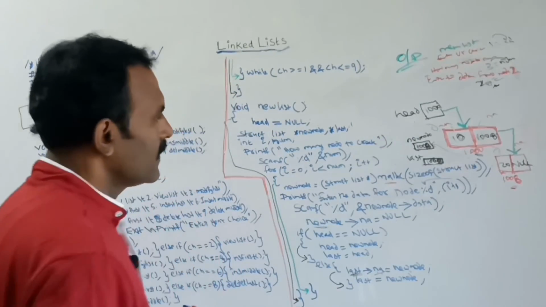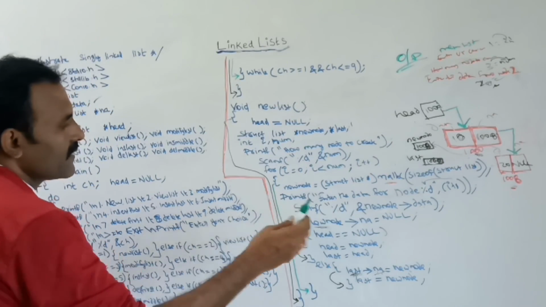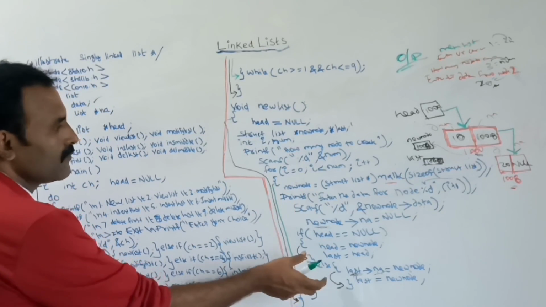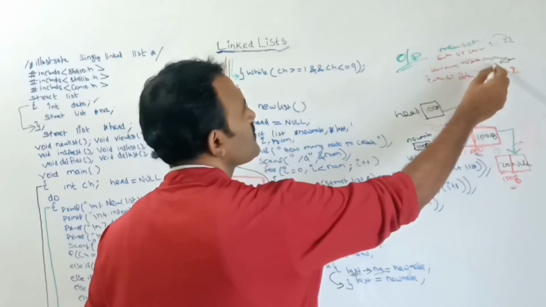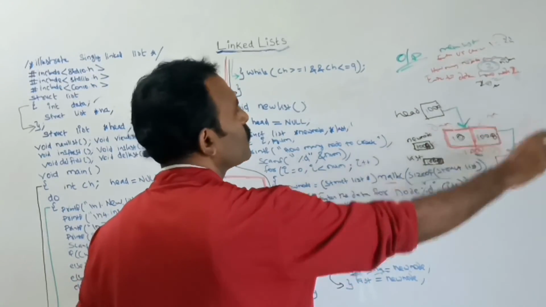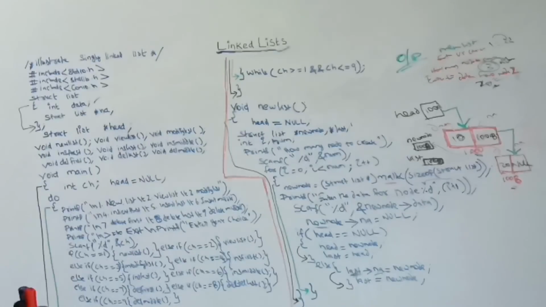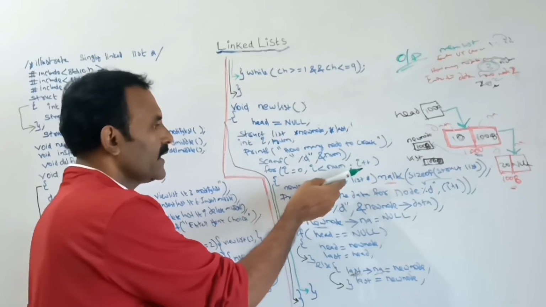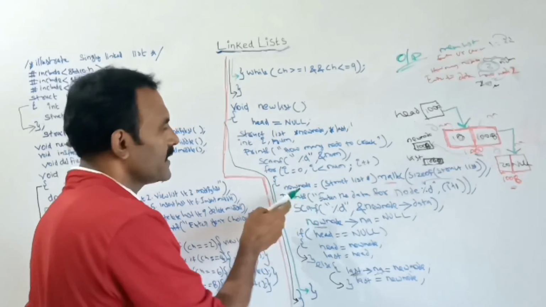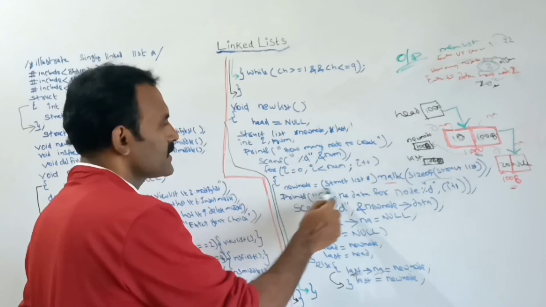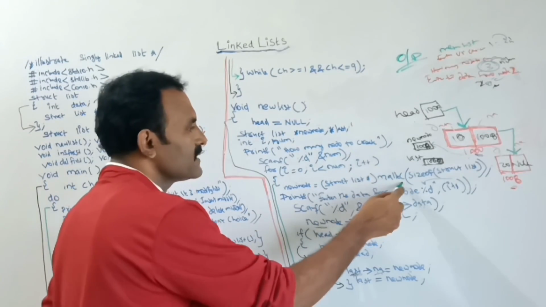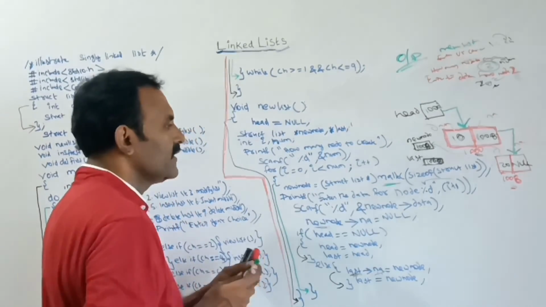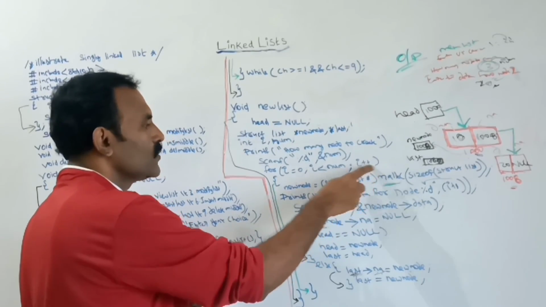Next, let us see, here the loop had not completed. Up to this we have created 2 nodes among these 3. Next this is the last iteration. So here the value of i is currently 2. Here it will create a new node. In this step, each and every time malloc will create a node and that starting address will be stored to new node.